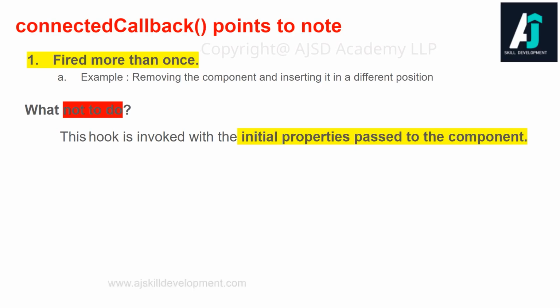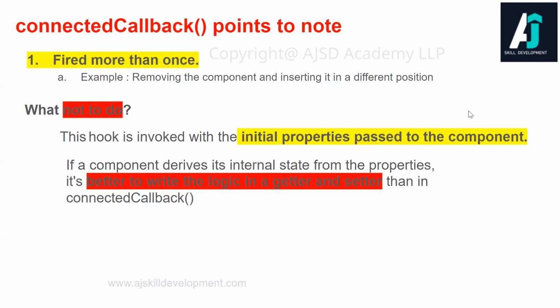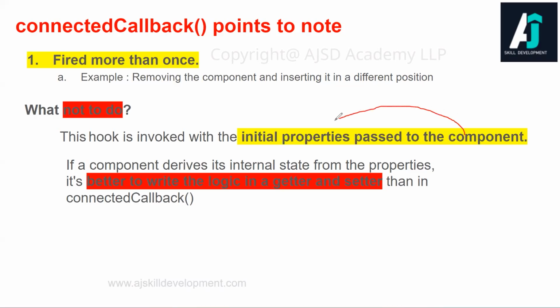So this hook is invoked with the initial properties passed to the component, okay? This particular hook will get invoked along with the properties, whatever you're giving as initialized values. Your component will be initialized with these values once the connected callback is executed, okay? What happens is, if your component is completely dependent on these values,